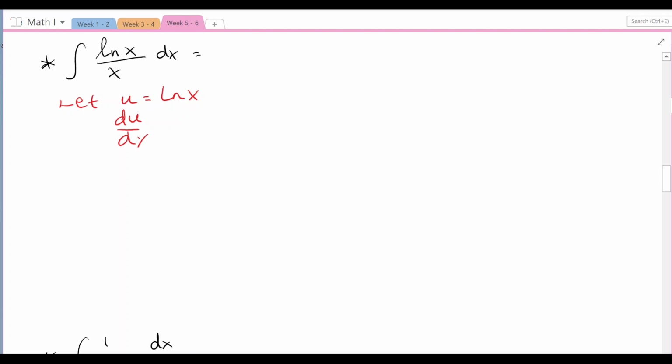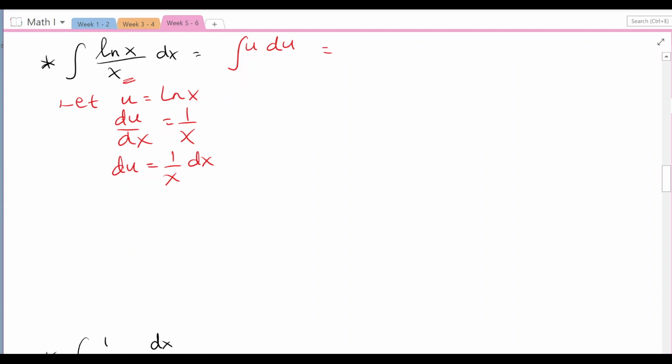respect to x is 1 over x, and we already have 1 over x in the equation. So therefore we have du equals 1 over x times dx, which is in our integral. So our integral can be changed to become du, because du equals 1 over x dx. And ln x equals u, so the integral of u du is simply